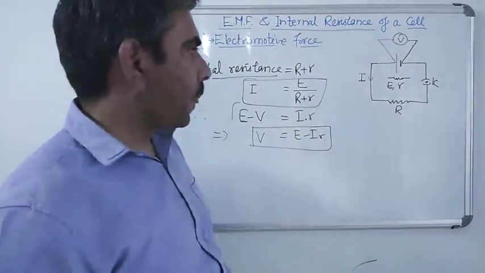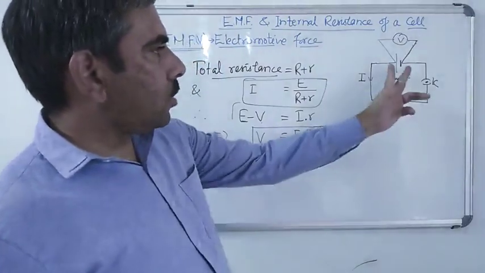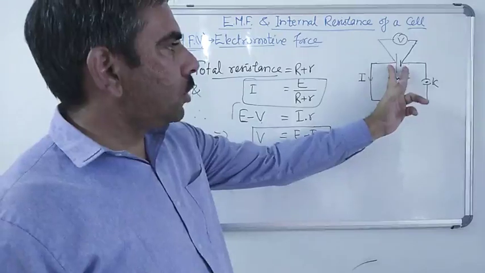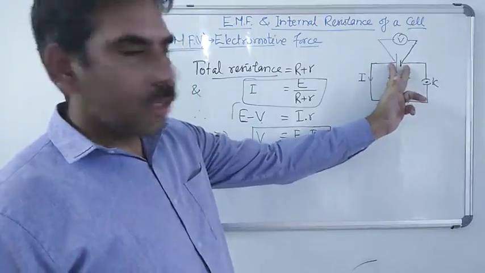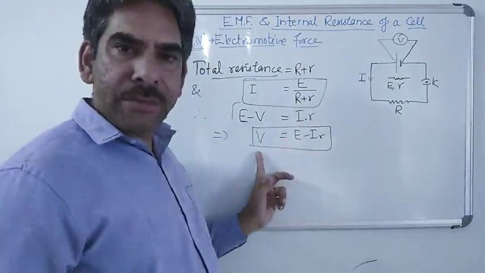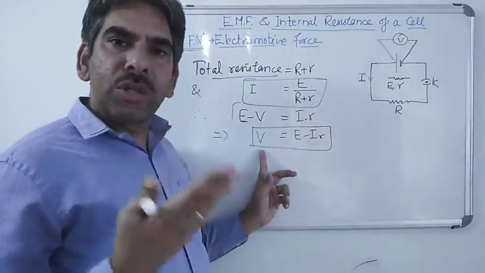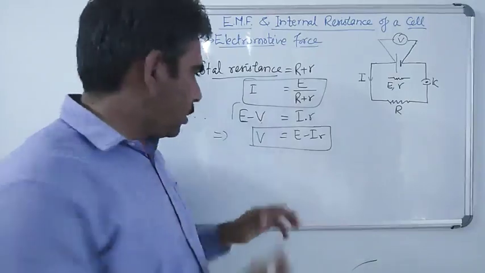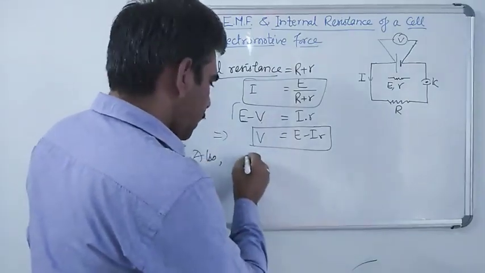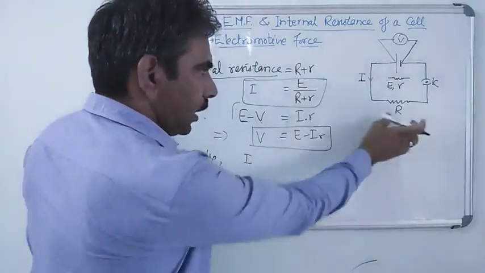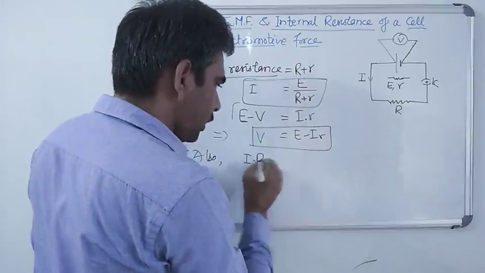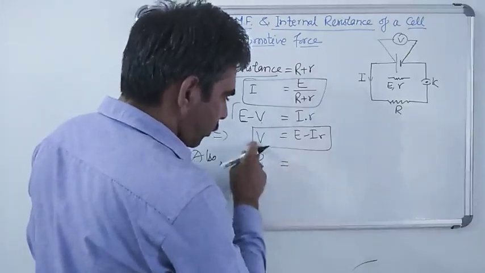Right? Because the external resistance is connected across the two terminals of the cell, the potential drop across R is also the same as the terminal potential difference, the potential difference across the two terminals of the cell whenever it is being used. So the potential difference drawn by the external resistance, according to Ohm's law, is I, the current flowing through it, into the resistance. This is also equal to V.